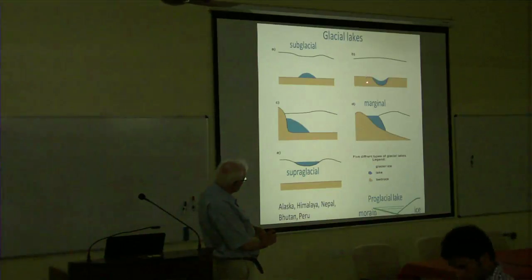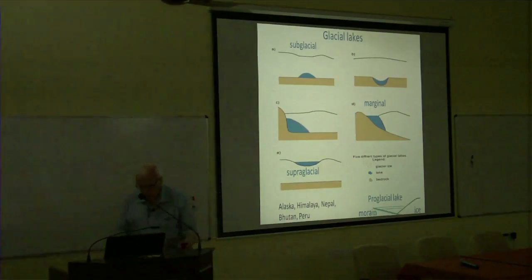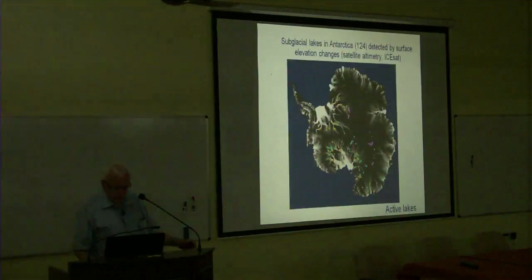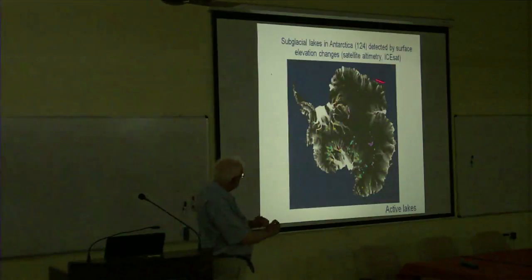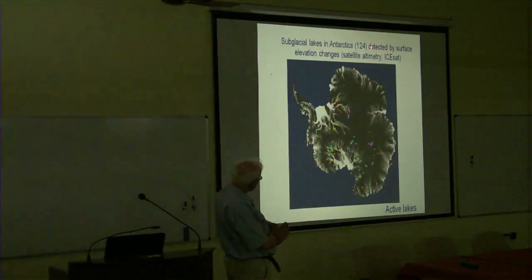They can be located in depressions in the ground, and this is the case for many of the lakes in Antarctica, which I mentioned to you yesterday. Yesterday I mentioned that 124 lakes have been detected by